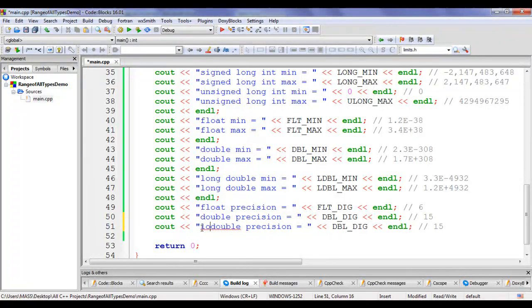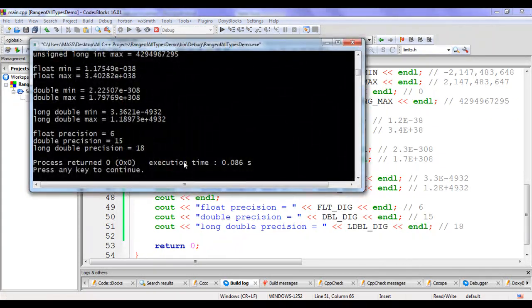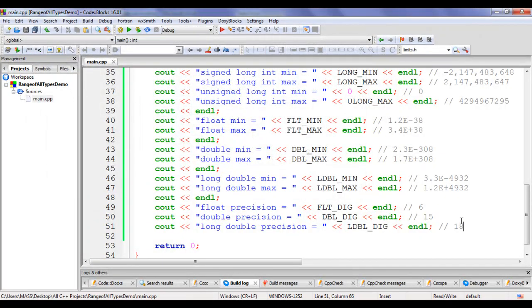We have long double precision. We have LDBL_DIG. It is going to be 18. If I say build and run, you can see that it has displayed long double precision is 18. I hit enter to close the console window, which indicates a long double type number can have 18 digits after the decimal point.